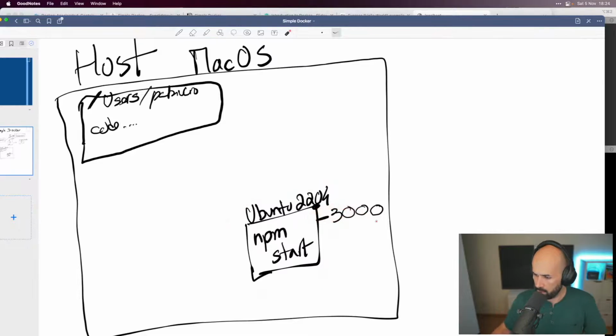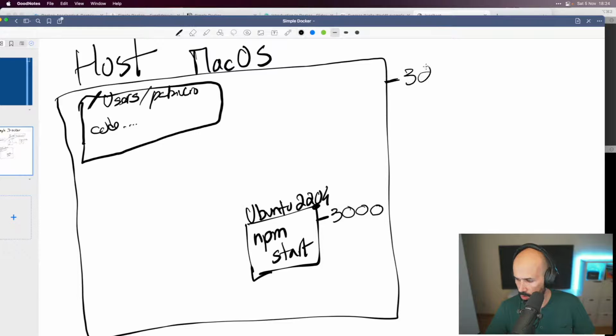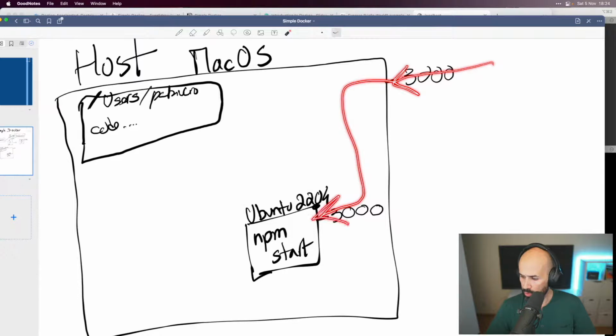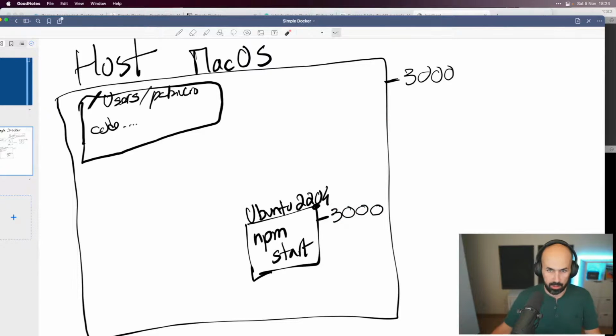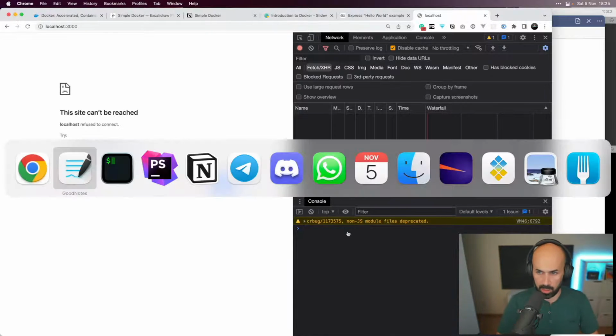But notice that we are trying to reach port 3000 of the host machine. So I guess you're already figuring: we're going to do a mapping so that all requests coming to the host machine on 3000 will come to 3000, or it can be 80 on the machine and 3000 in the container. It's as we would like.